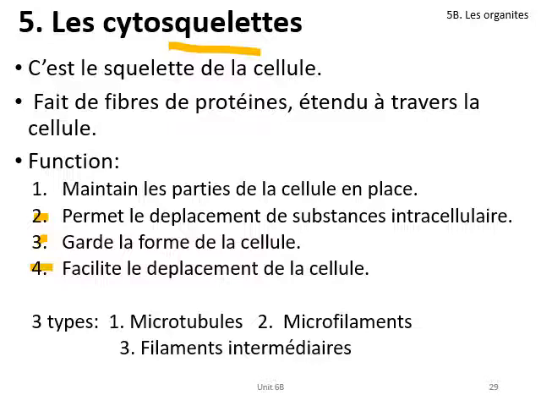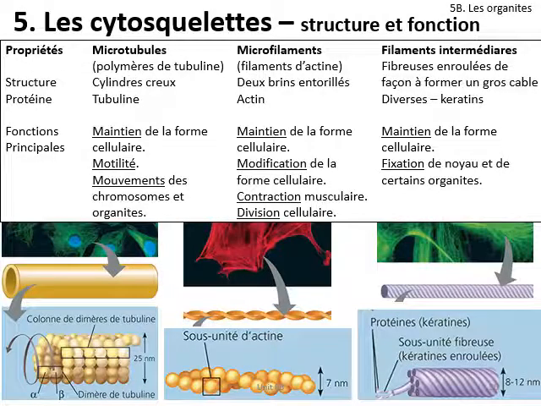There are three types of cytoskeleton: microtubules, microfilaments, and intermediary filaments. You will learn about all three. Here's the three types again: microtubules, and we see both a microscopic picture of it and an illustration to help us visualize it. Here's the microfilament,